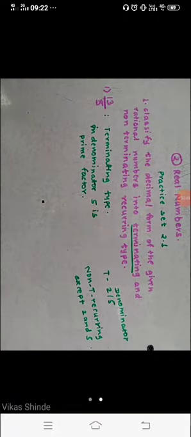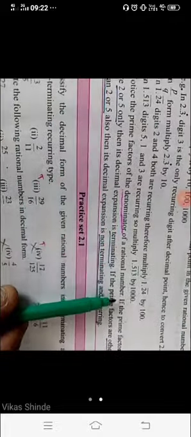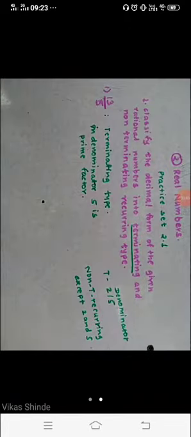Okay students, if you look in your textbook, what is the meaning of terminating and non-terminating recurring type? Notice the prime factors of the denominator of a rational number. If the prime factors are 2 or 5 only, then its decimal expansion is terminating. And if the prime factors are other than 2 or 5, then its decimal expansion is non-terminating and recurring type. Means at the denominator, if 2 or 5 are the prime factors, then it is terminating type, and if other prime numbers are there except 2 and 5, then it is called non-terminating type.